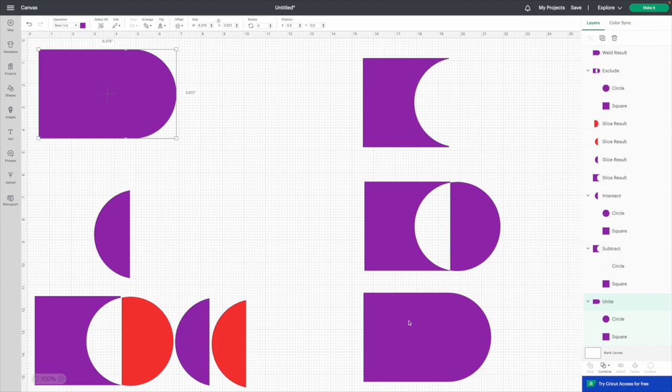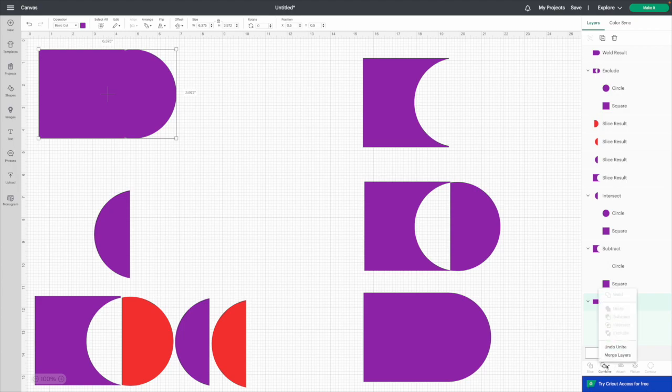Okay? So when you weld something, you cannot go back. When you use unite, you can go back. You are able to go back. What happens if I unite something and, oh, this is good. I want it forever. I'm not going to change it anymore. So if you want to,